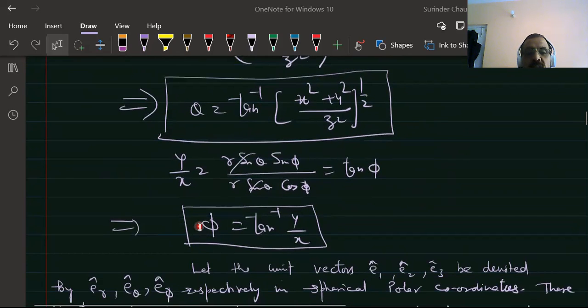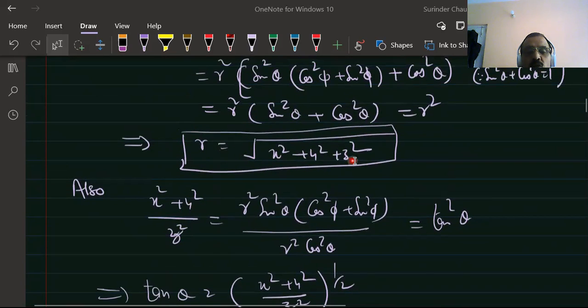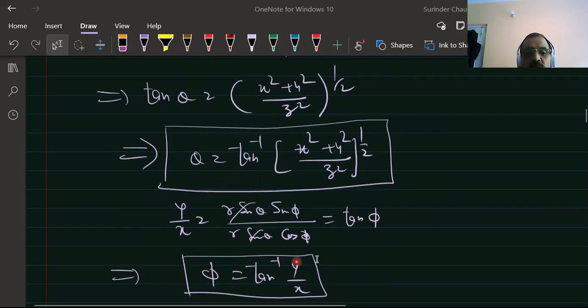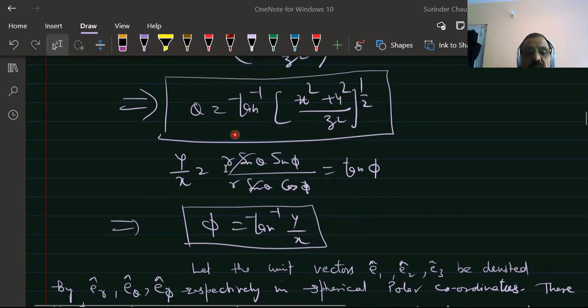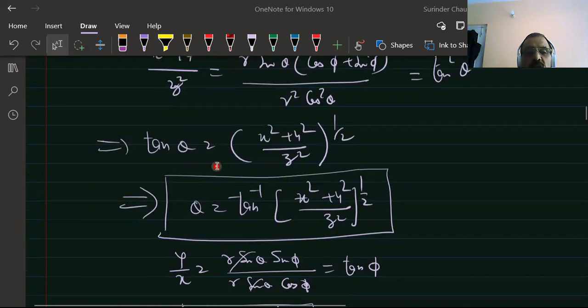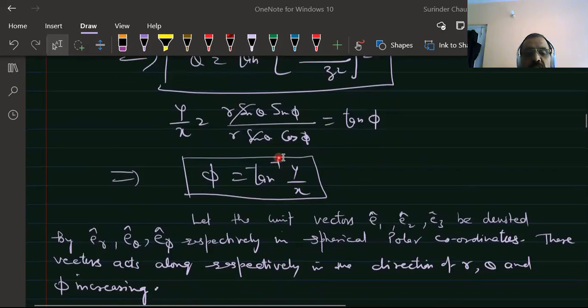And phi is obtained by dividing, so tan phi is y by x, and phi is equal to tan inverse of y by x. Now we have got the equation for r in terms of x, y, z, theta in terms of x, y, z, and phi in terms of x, y, z. So if we take r equal to c1, theta equal to c2, and phi equal to c3,